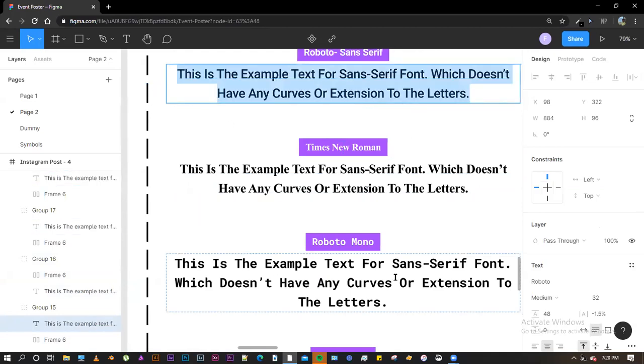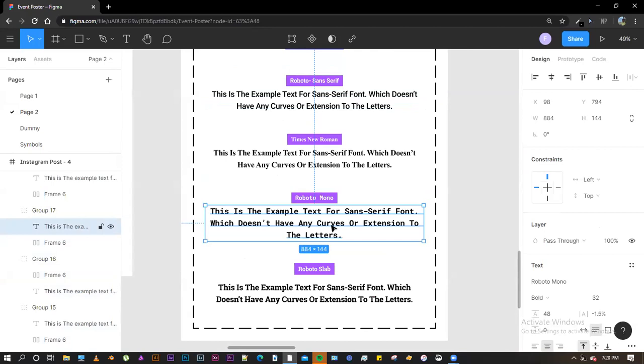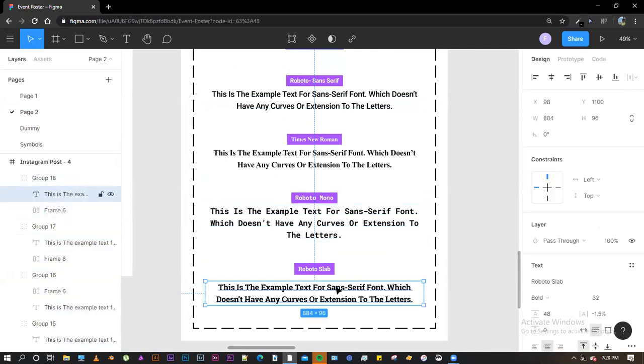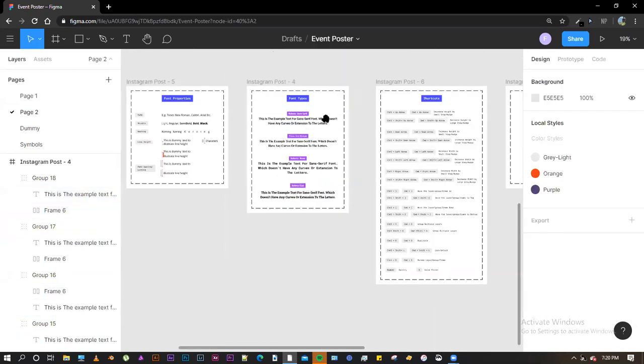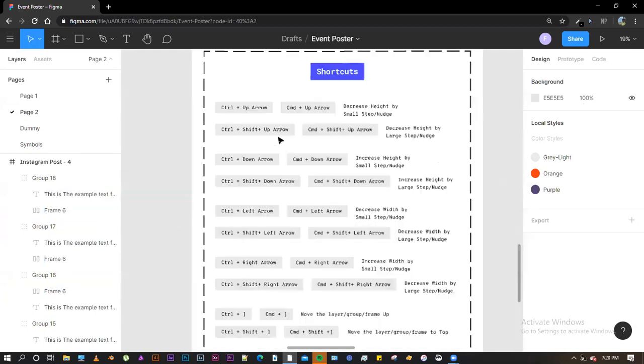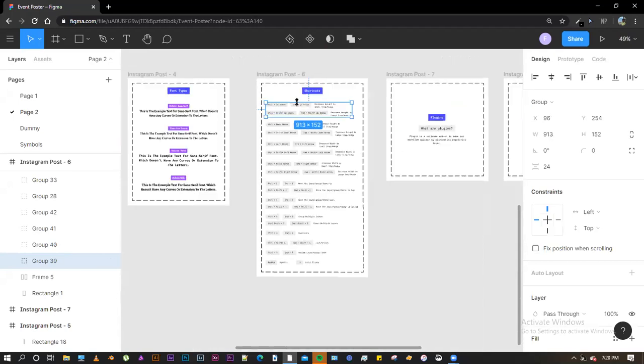So this site, the Figma site that you see, is all made up of serif fonts. And these fonts are basically used in software-based products, and these slab fonts are used to convey a boldness or a strong feeling of the product. Now moving on to a few of the shortcuts. These are a few shortcuts that are really important. I will demonstrate these one by one.